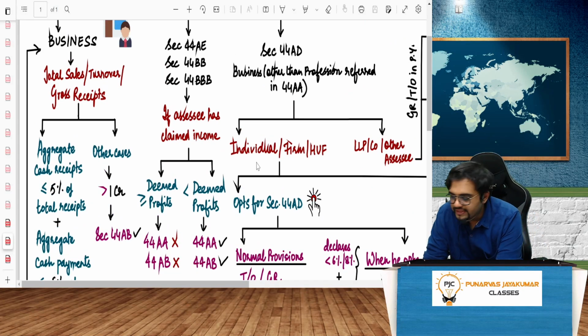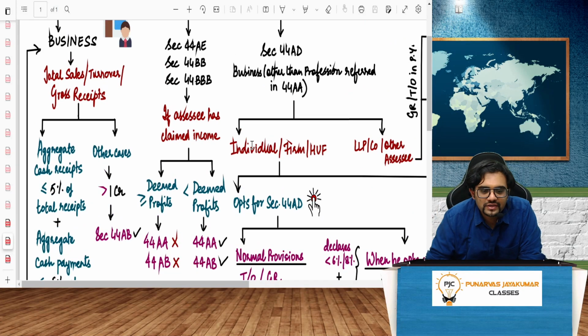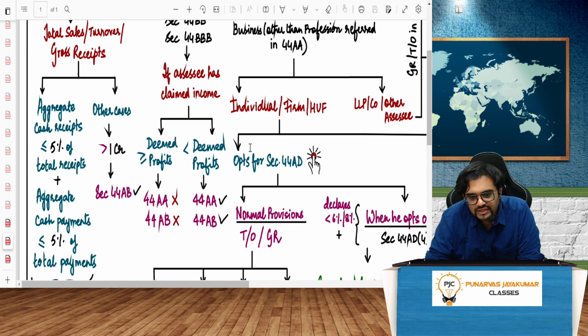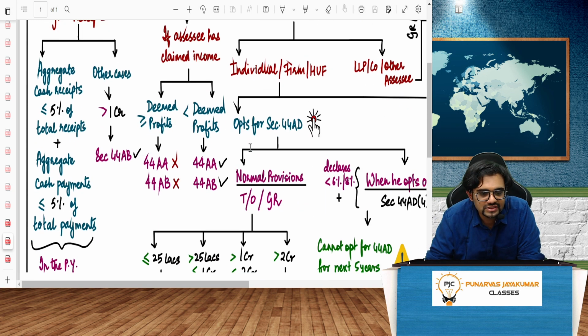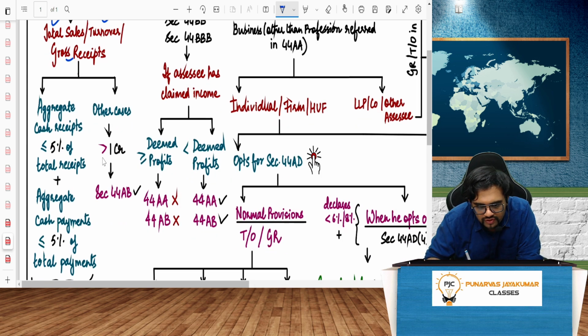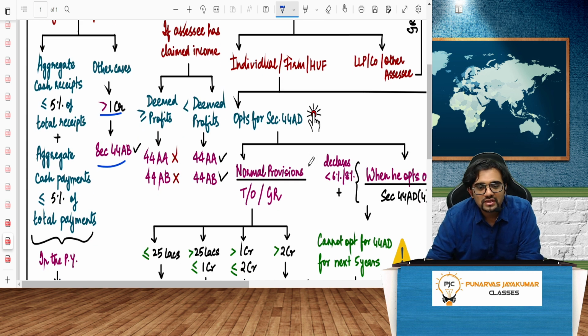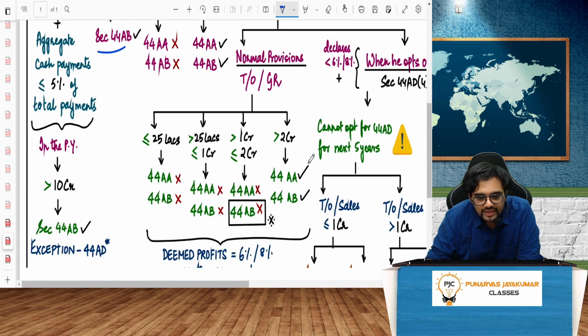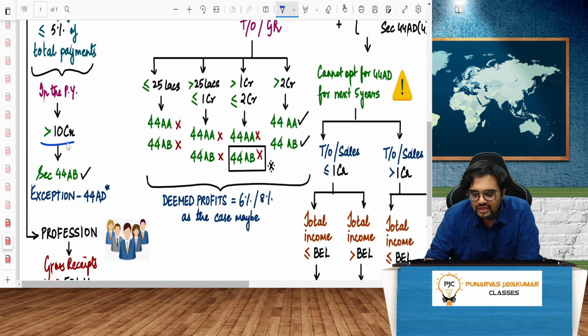Now, in tax audit also, in Finance Act 21, there was an amendment. So let's see. Generally, guys, tax audit is needed when the total sales, turnover or gross receipts in the previous year is more than 1 crore. Then 44AB is needed, that we know. But Finance Act 21 had an amendment where that 1 crore limit will be raised to 10 crore if dual